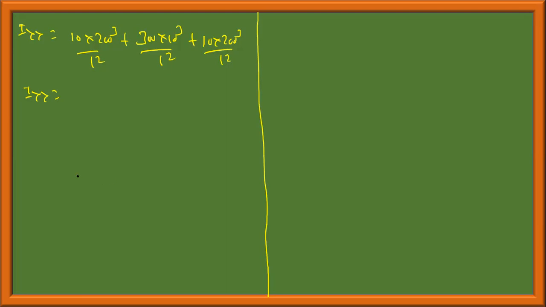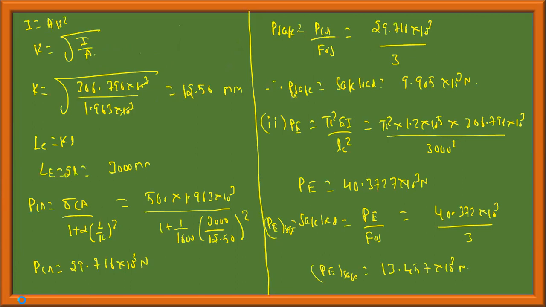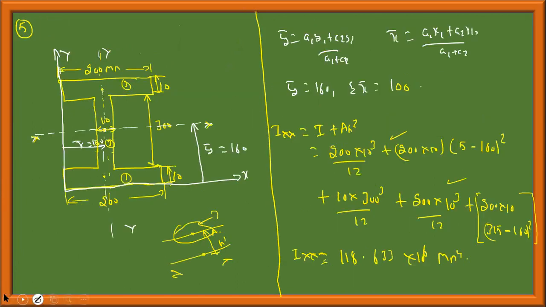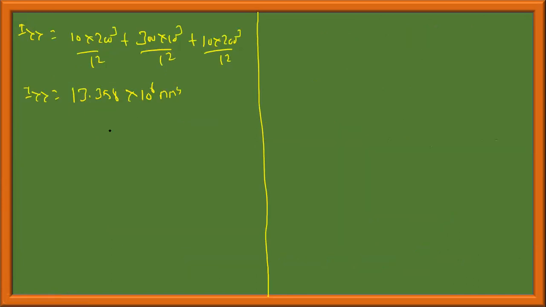How much is it? 13.358 into 10 power 6 mm power 4. Okay, are you getting this? Yes, sir. Okay. So which one is the least moment of inertia? This is 118, and this is 13.538. So since IYY is less than IXX, the column